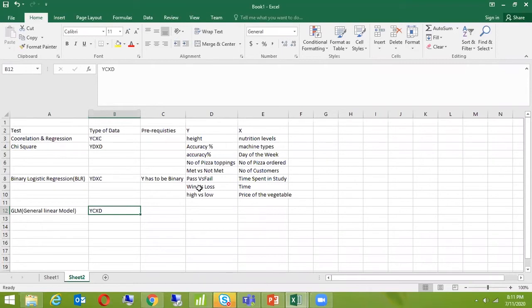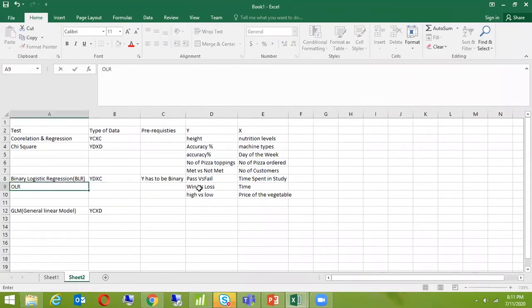For BLR there is a prerequisite. What if y is not binary? Yes, y has to be binary. That's why it's BLR. That's why it's a different variant. So y is discrete, x is continuous, but y is not binary. Then there are other tests,